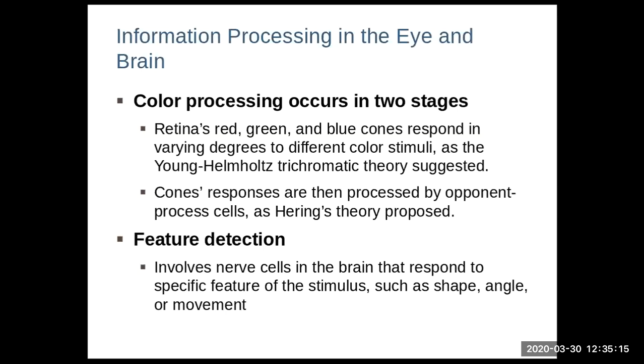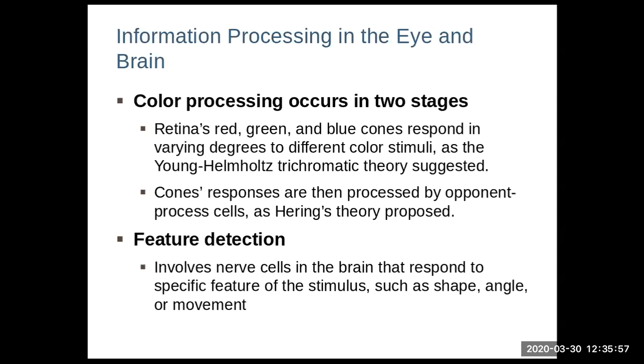Another theory was theorized, I guess is the word, a few years later by a man named Hering, and he called it the opponent process theory. What he said was, it's not the cones necessarily that are the reason we see the different colors. But remember, what are the rods and cones attached to? What do they send their information to that actually goes to the brain? Those are the ganglion cells of layer 3. Those are the axons that form the optic nerve, and that's the information that goes to the brain.